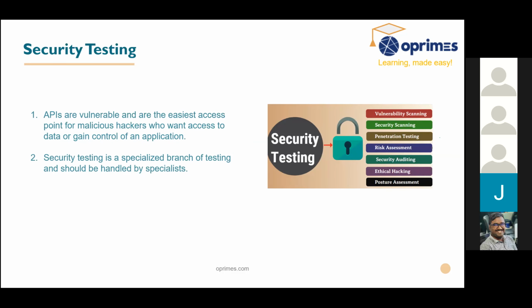Coming to the security testing, an API is vulnerable, which means anyone, if it is not encrypted or secured, can hack the API. So what are all the ways APIs can be hacked, and how to protect it? What are all the risk managements we can have, and what are all the ethical hacking methods, and how to protect all those things will be handled by the security testing. We don't go deep into this now. It is like a separate, very, very big topic itself. So load testing and security testing are the next level of API testing.